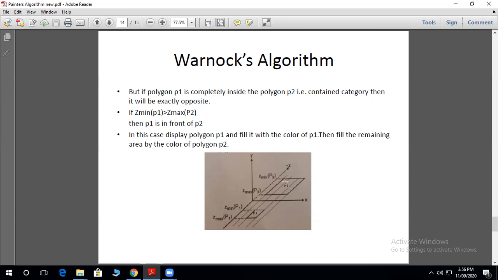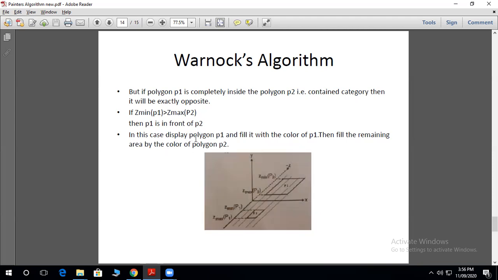So whenever we are considering the depth, we always need to imagine it. But while calculating this, we can perform some calculations on the Z coordinate. So based on this condition, we can say that P1 is in front of P2, right?